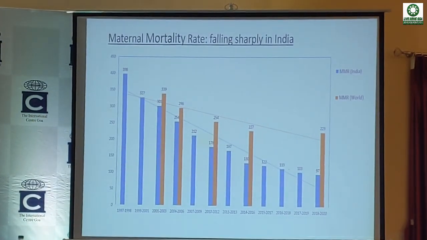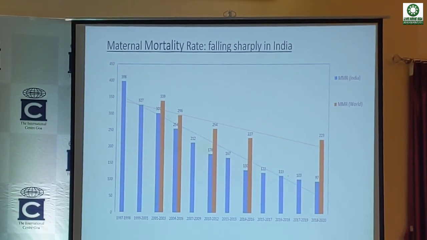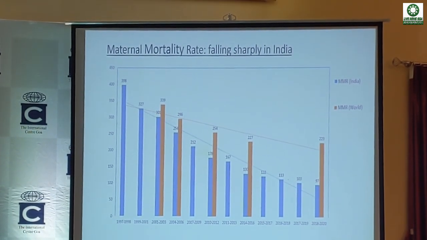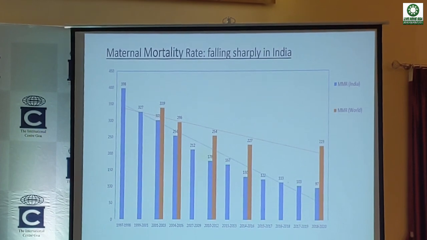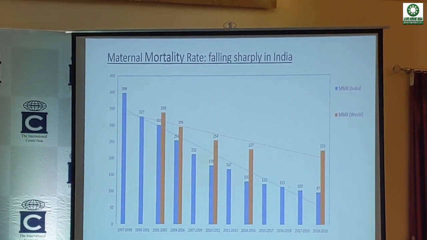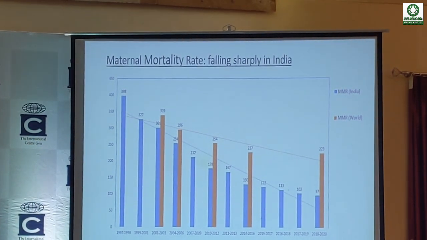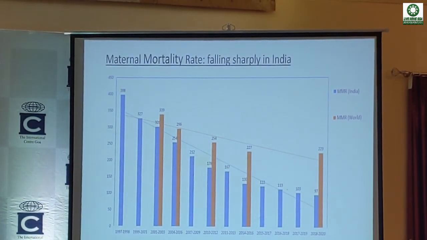And the reduction of maternal mortality for India, those are the blue bars. Do you see the difference? India is reducing maternal mortality more than twice as fast as the global average. A lot of it is fueled by the fact that we have resources today. We do have money to spend, governments have money to spend, but it's not just the money.